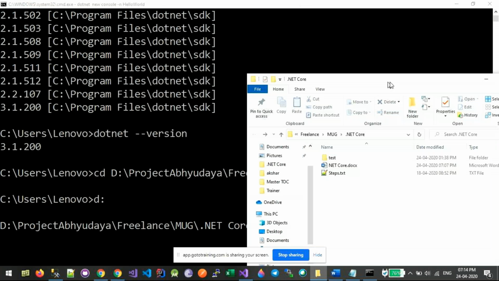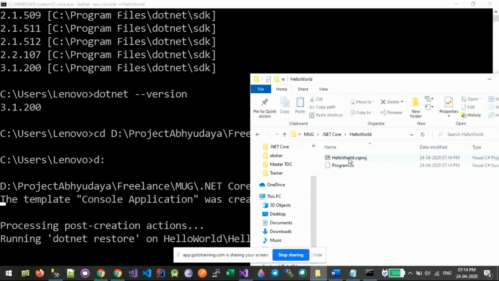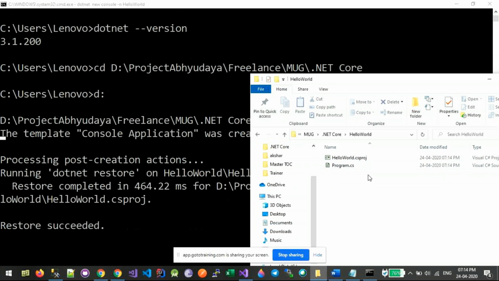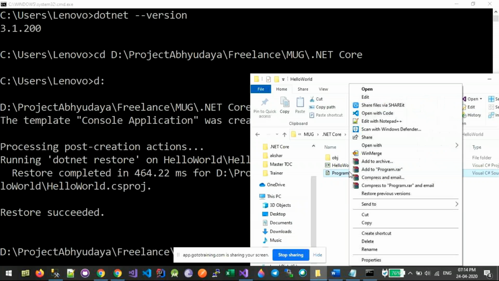And we'll also go to the folder to see what it generates. So as you can see, a hello world project is created. A new folder is also created. The csproj is the project file. I can now open this project in Visual Studio or Visual Studio Code and write the program or edit it.